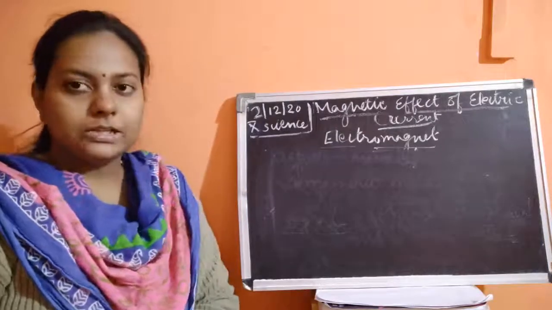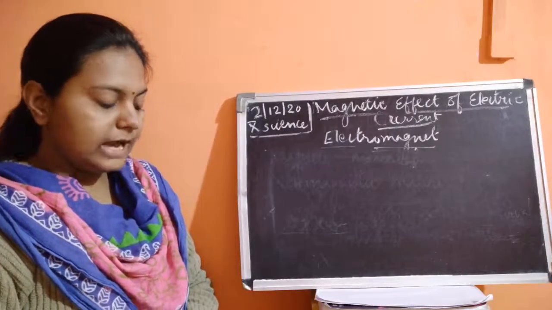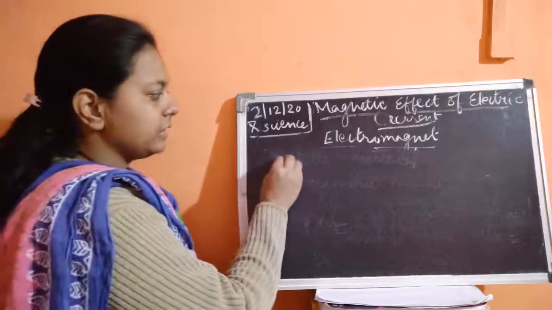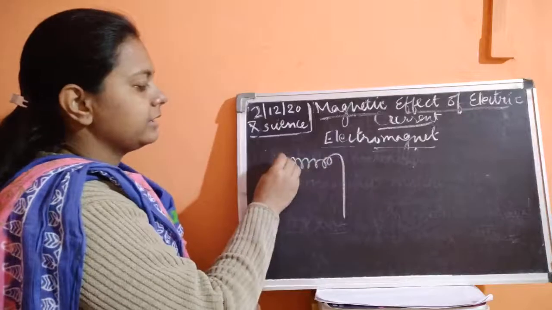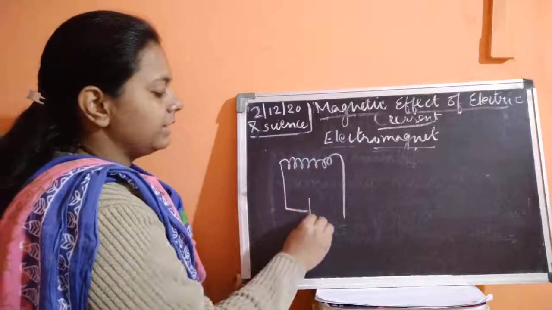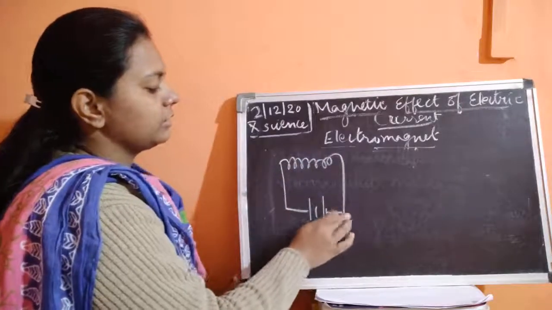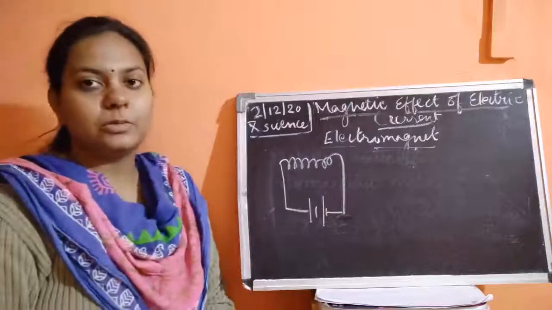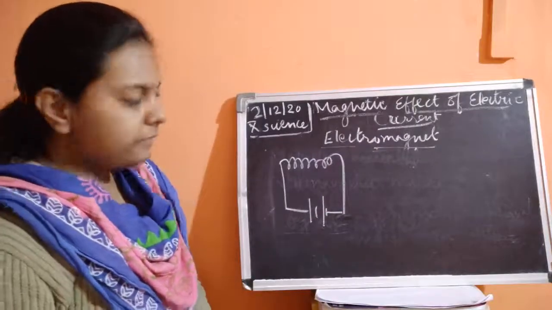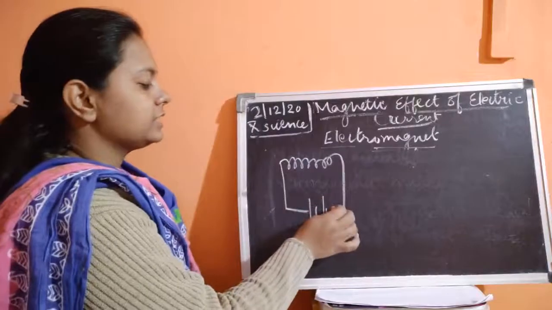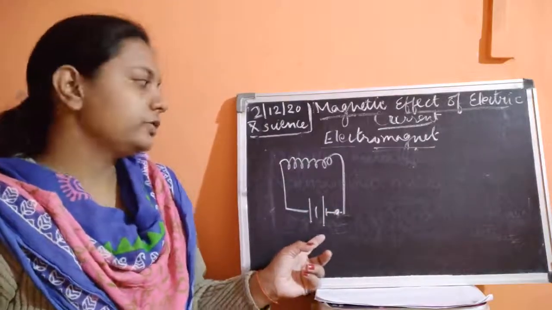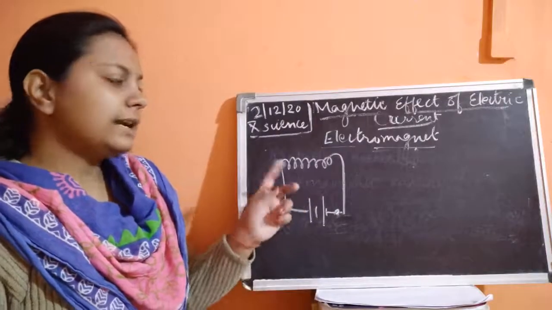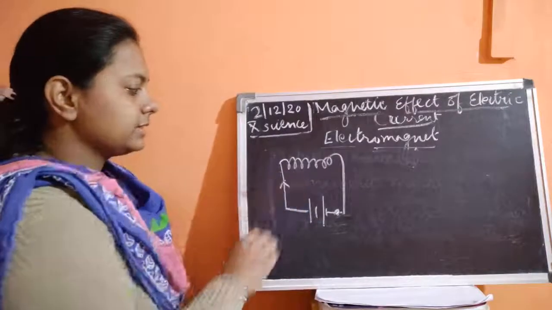We have to take one insulated copper wire. Then we connect both the ends. We'll connect its ends with a battery and a switch. You can attach it with the help of a cell also. And when it is switched on, we can attach it with the switch also. As the switch is turned on, what would you see? You will see that electric current starts flowing inside the circuit.